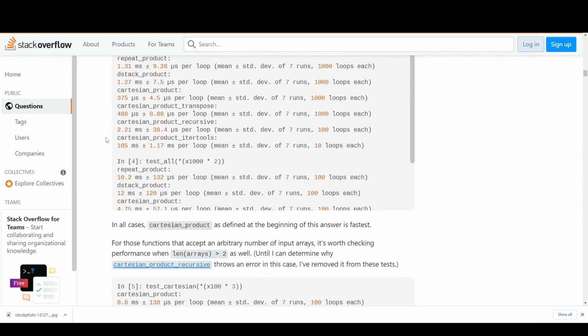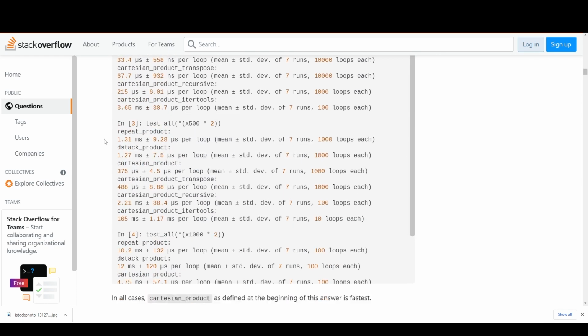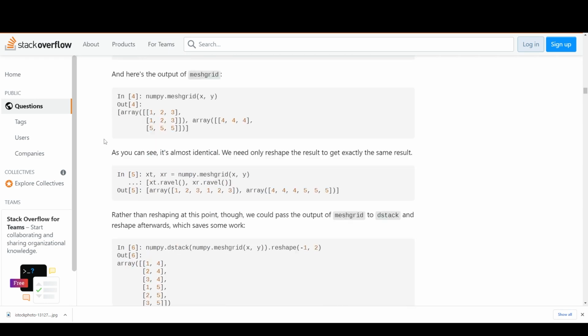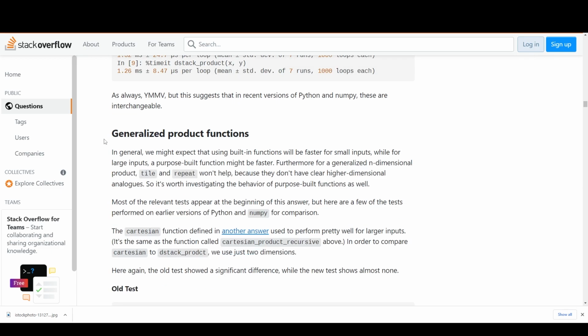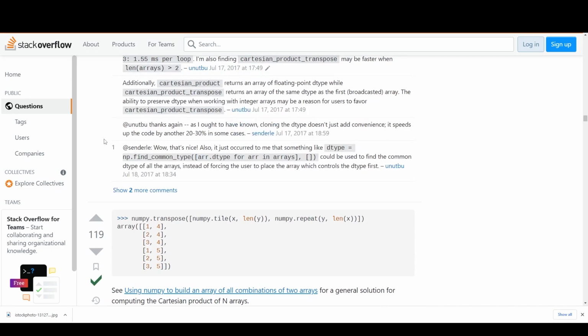Holy shit, this dude went through a bunch of things. Holy. What?